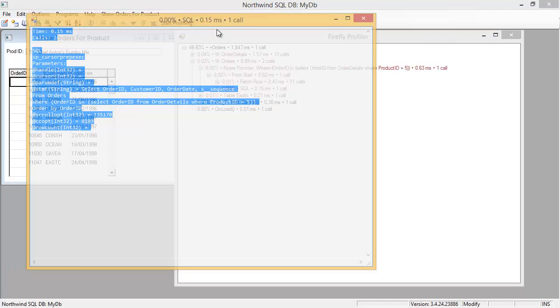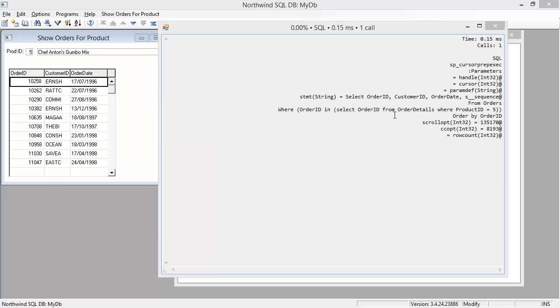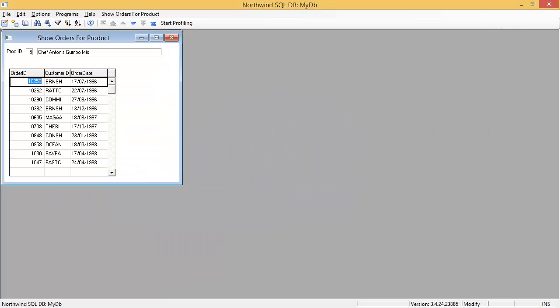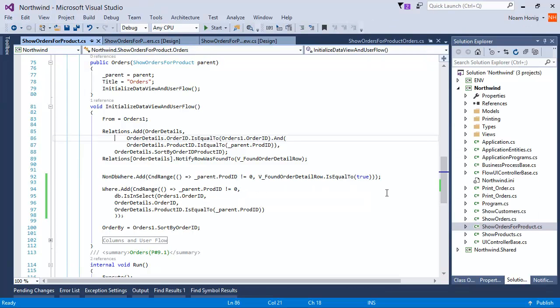You can see here that the call to the db_in_select generated this where statement saying where order ID is in select order ID from order detail where product ID is equal to 5. So by doing this, we're actually able to not only load the rows that we care about and get a lot of performance by that, but actually remove that relation. So let's go ahead and remove the relation because we don't need it anymore. We only need it for this purpose. So we can delete the relation,